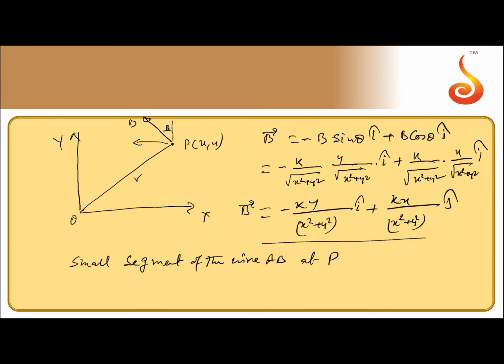We can write it as dl vector, that is dx i cap plus dy j cap. So we can find the force on the segment. Force dF will be equal to I dl cross B, that is